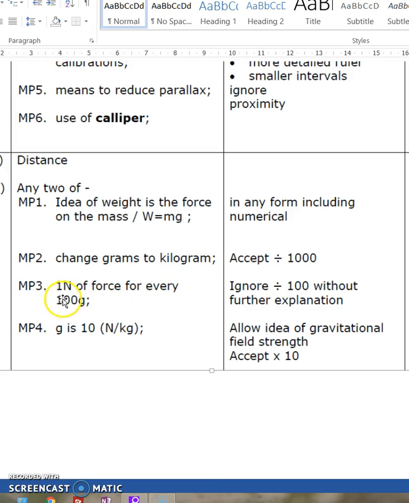And the third one was the idea that for 1 Newton for every 100 grams. And the last point, which I think comes under the category of state the obvious: g is 10 newtons per kilogram. Or the idea that this gravitational field strength times 10 would have also got you a mark here in part